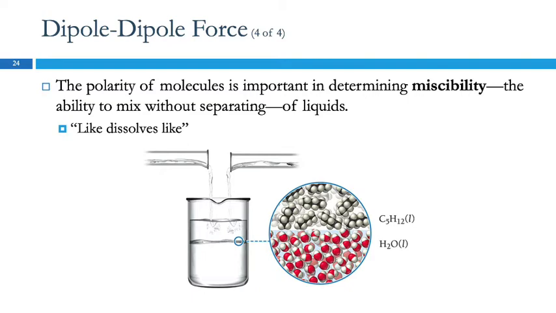Polarity of molecules is very important when we're talking about whether things are going to dissolve, whether things are going to mix in each other. And so this might be a new word for you, miscibility. This is not a word, but it makes more sense than that one does. How about mixability? That's essentially what miscible means, that they are mixable.